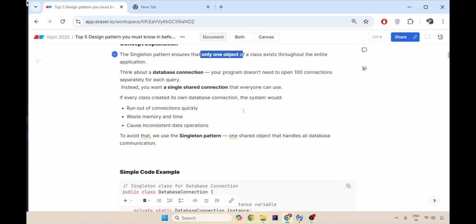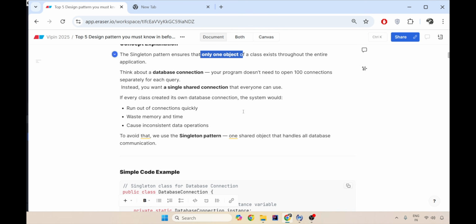Your colleague also wants to print something. He does not go purchase a new printer, nor does the company purchase one printer for each employee, because it is a costly resource. That is why the printer is a singleton object in the office, which is shared across all your colleagues. That is the best real-time example you can give in an interview.